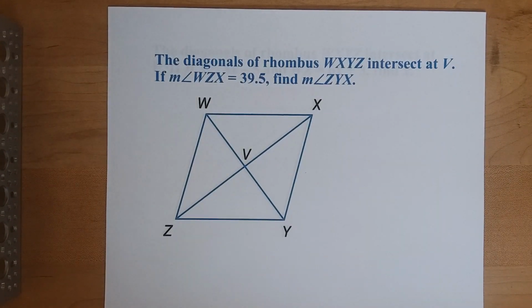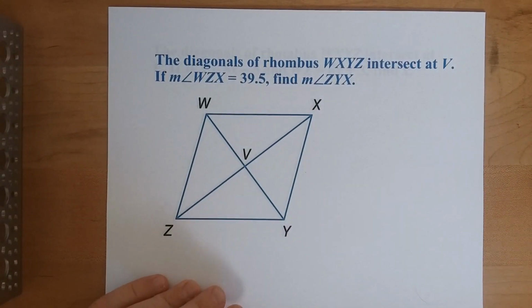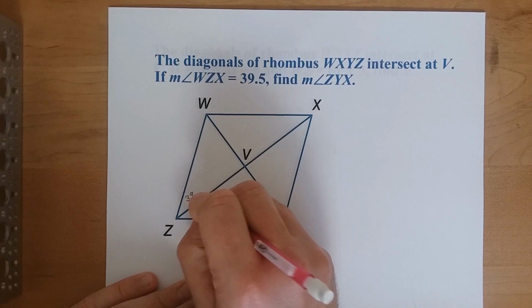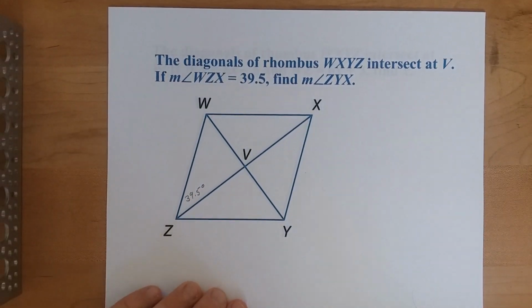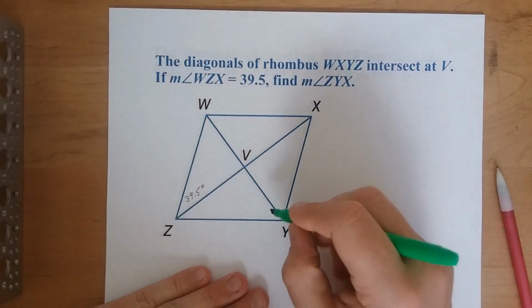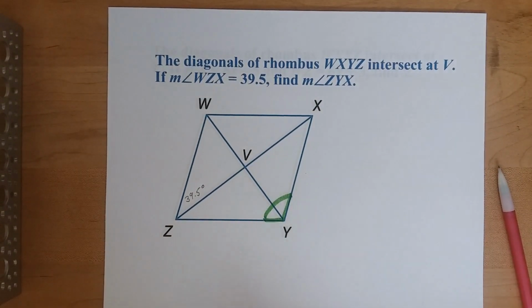Here we've got a problem where the diagonals of this rhombus intersect at point V. And if the measure of angle WZX is 39.5 degrees, I'll just label that, could we find the measure of angle ZYX? This whole angle right here. Could we find that angle? Well,